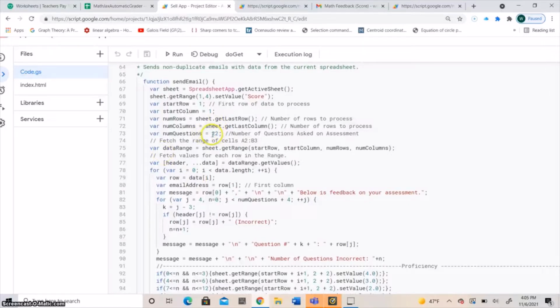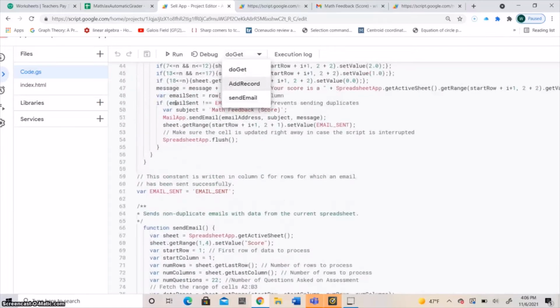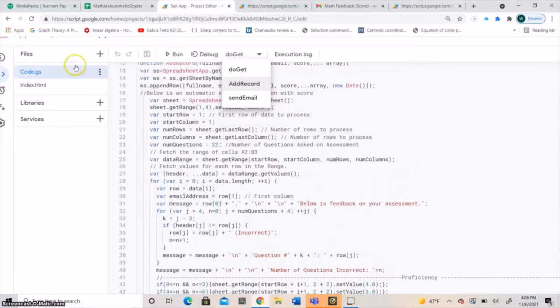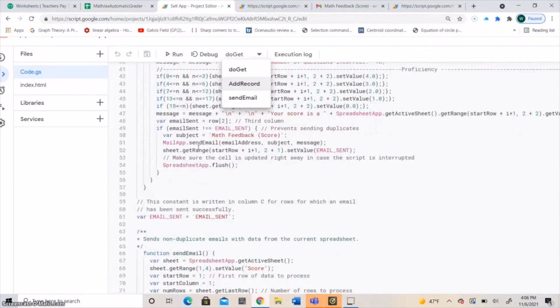This is in case a student writes their email wrong, at which point you click on Send Email, and then you click Run. You can change their email and then send another score back to them. That's what that send email does. So the number of questions on line 23 has to be the same as line